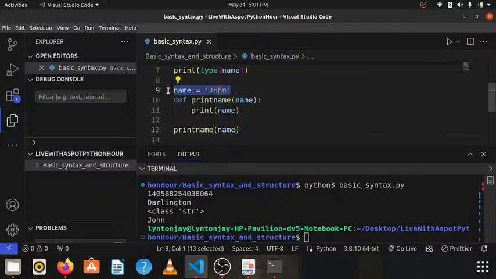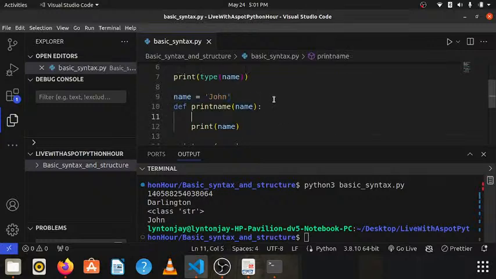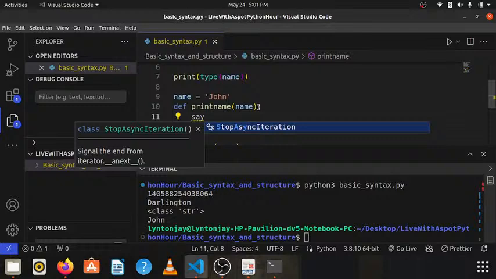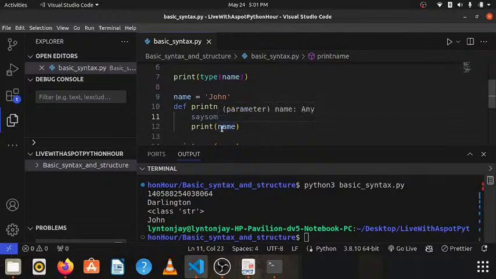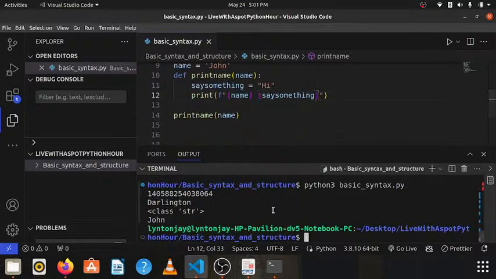But if I have a variable inside here, say something is equal to hi, let's assume I do something like this. Maybe say something. You see that if I reprint this, I see John, hi,